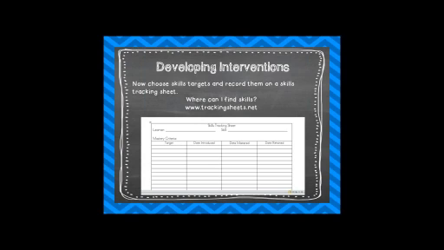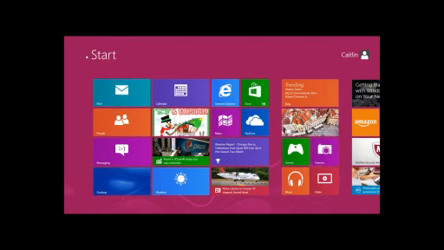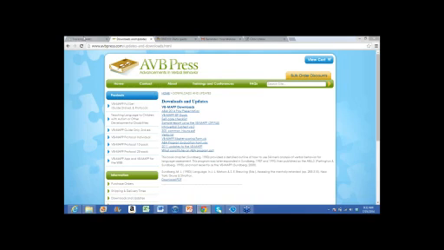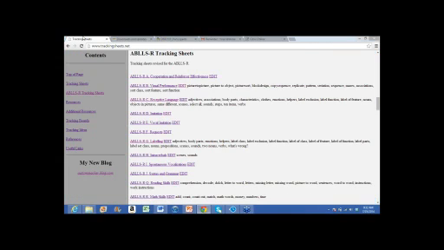This is probably my favorite website, and I have printed out all of these tracking sheets because they're so awesome. This is called trackingsheet.net. And these are lists of skills targets that you can use for all of the different tasks in ABLLS.